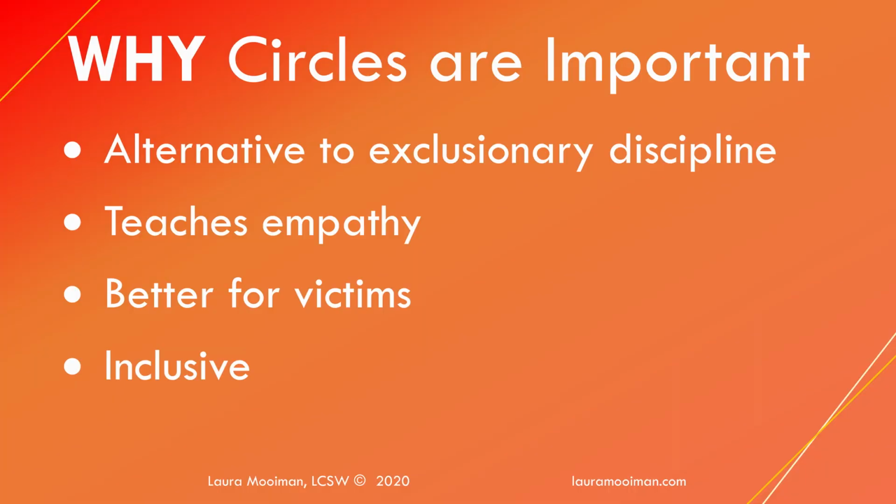Finally, circles are inclusive. Today's youth culture uses a lot of exclusion to manage conflict, like unfriending someone we maybe have differences with. And many youth and adults are ill-equipped to address interpersonal issues, hurts, or slights without shutting the door on relationships completely. In fact, many young people feel a sense of acceptance in their group by rejecting others from it.